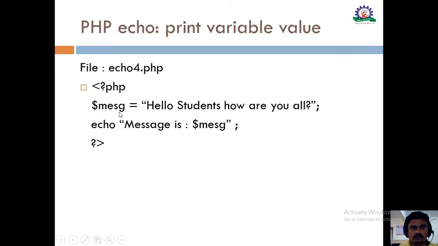Don't worry about how to take the variable, how to declare the variable and all. Definitely we have a topic on PHP variables in the upcoming sessions. You will get more details, right? Now I am going to print the data, like "The message is". Here I am not going to print all these things like "Hello students, how are you all?" Instead of that, I am going to use this variable at this place. Automatically I will get the print like "The message is hello students, how are you all?" So don't worry, I am going to execute it and you will experience that output.